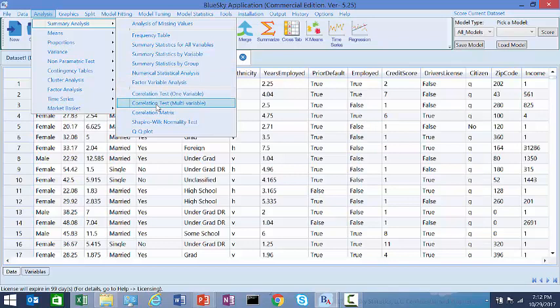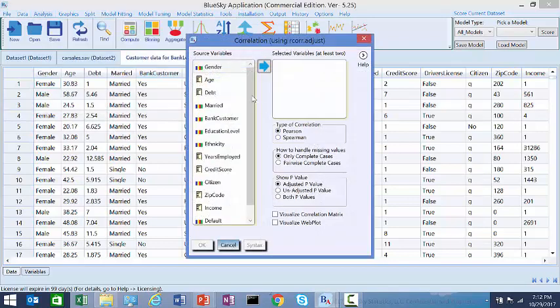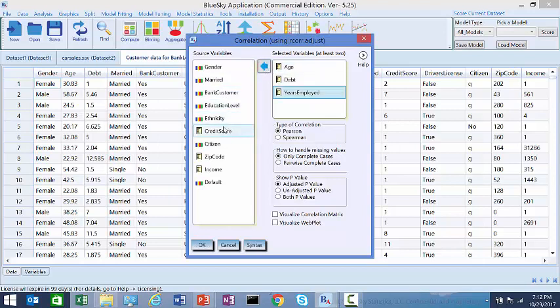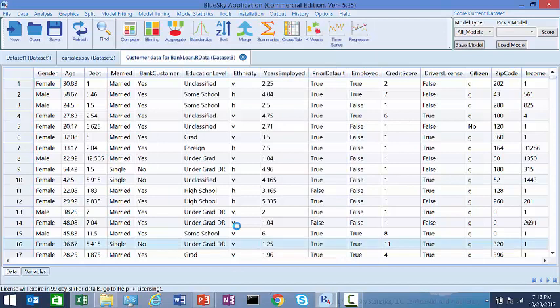So let me go ahead and do a correlation test, and let me choose my numeric variables. My goal is to find a variable that's highly correlated with age, and then use that variable to build a regression model that could be used to predict the missing values of age. So I will decide to see a correlation matrix as well as visualize a web plot. I'm going to ask for some rich visualizations as well, and I'm going to go ahead and click OK. So what we will see in the output pretty soon